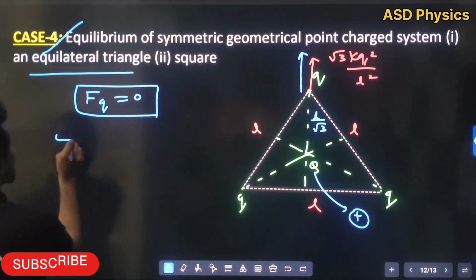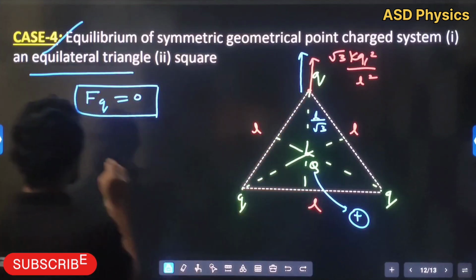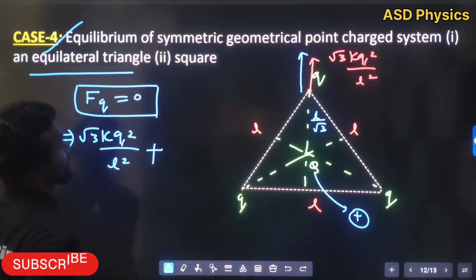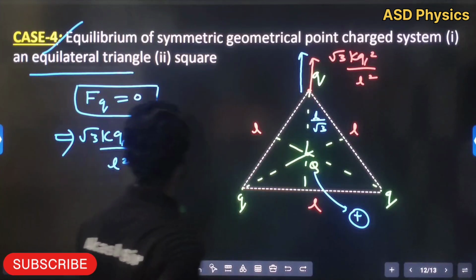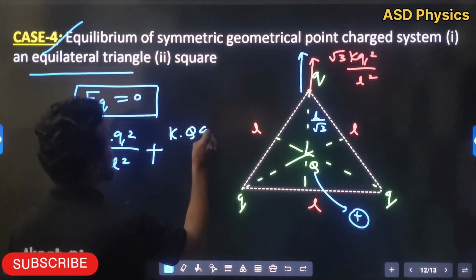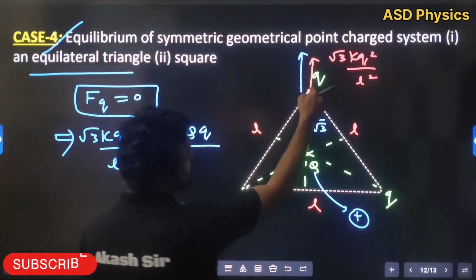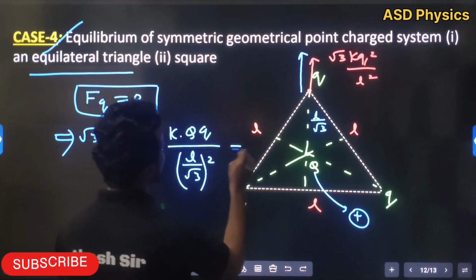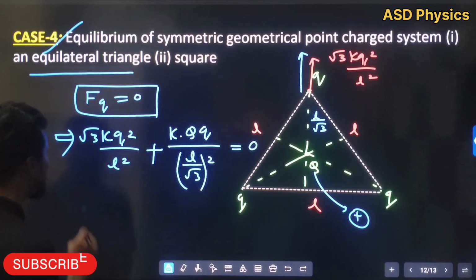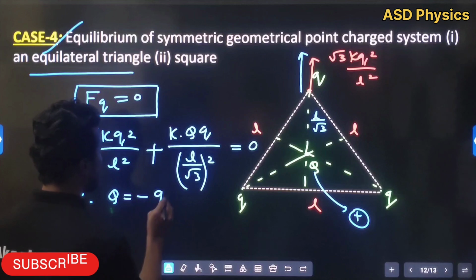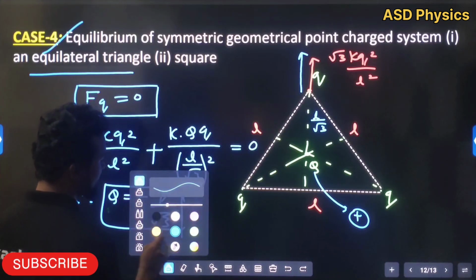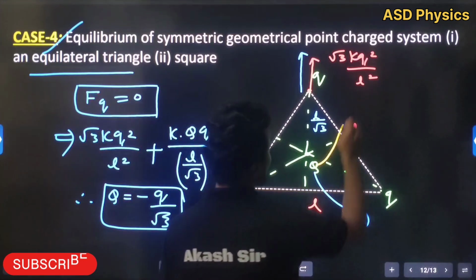So let's do it: the force on Q is going to be 0. So we'll write this value, √3 kq² by L², plus the force between capital Q and small q, which is k capital Q small q by the distance between small q and capital Q, L by √3 whole squared, is equal to 0. After solving, the value of capital Q will come as minus q by √3. That means by the calculation we are getting that this charge should be